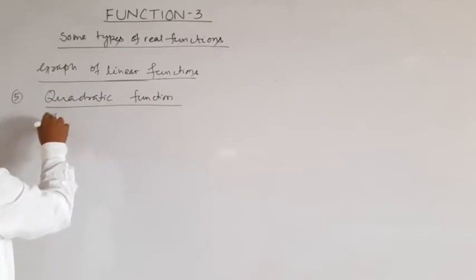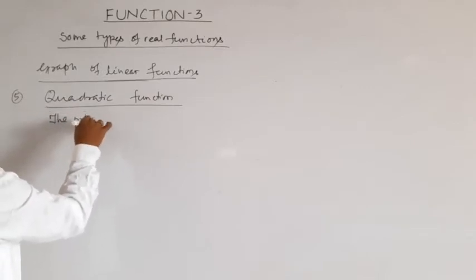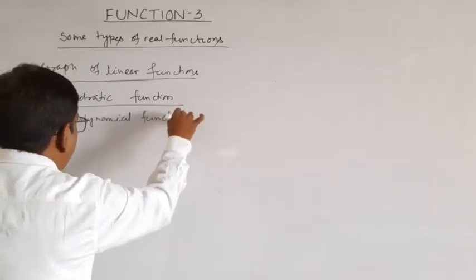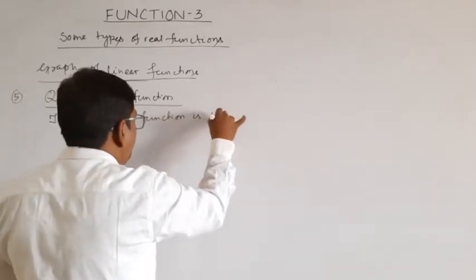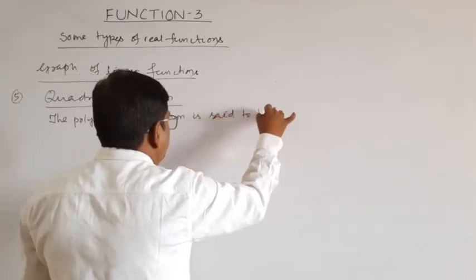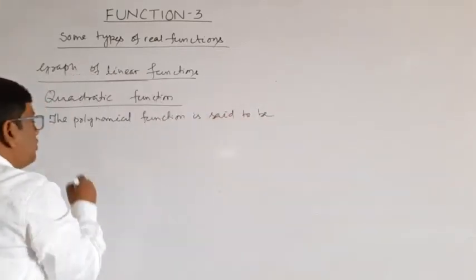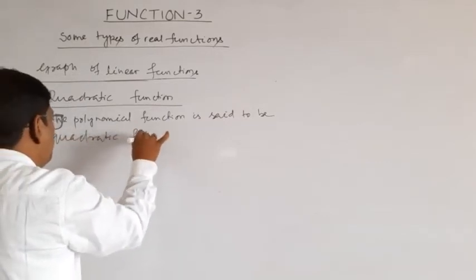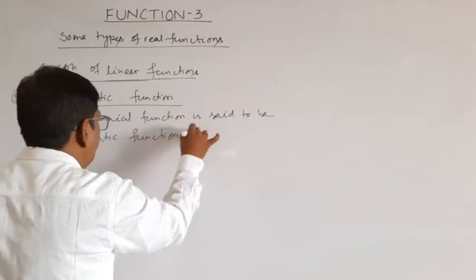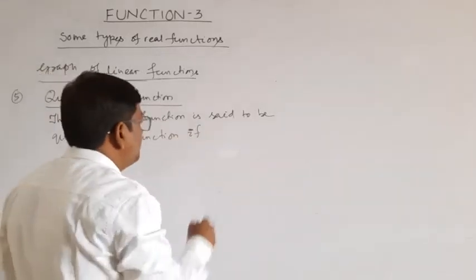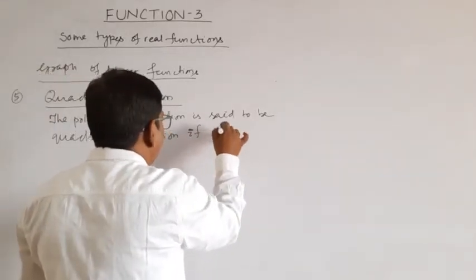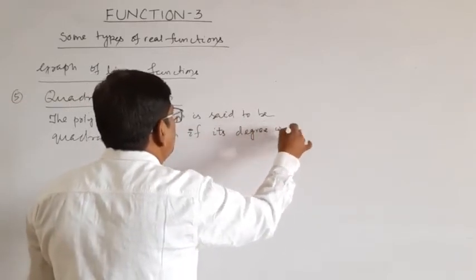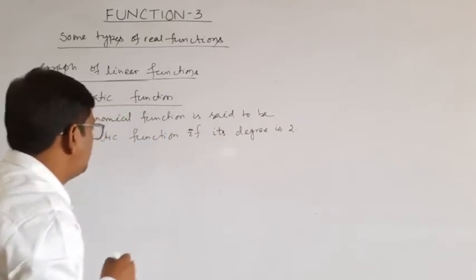The polynomial function is said to be a quadratic function if its degree is 2, or we can say